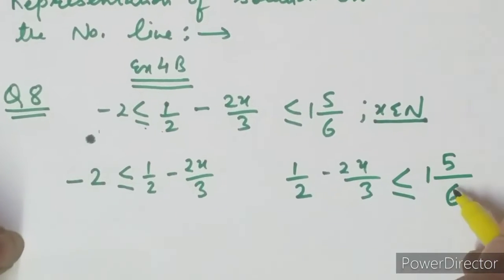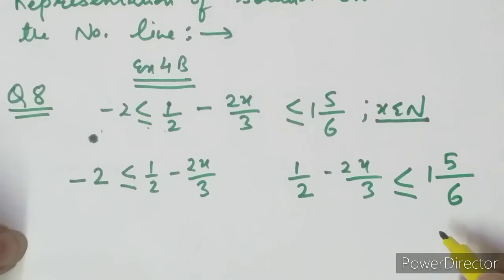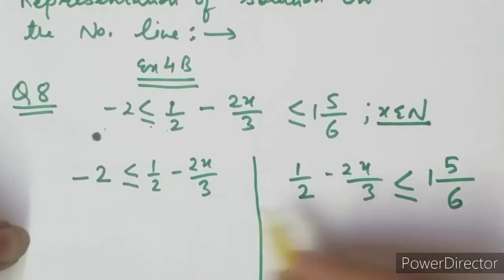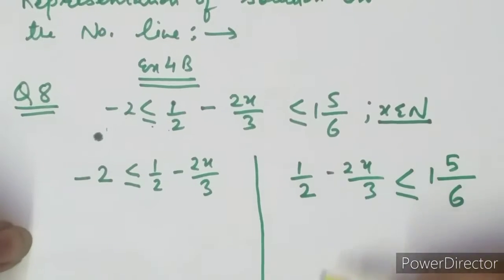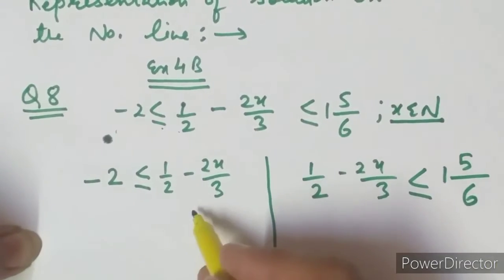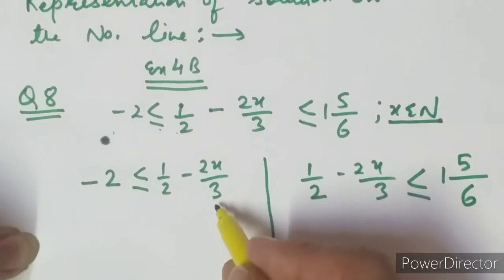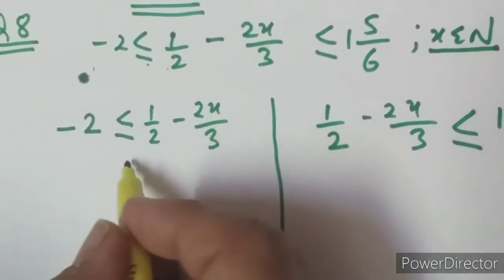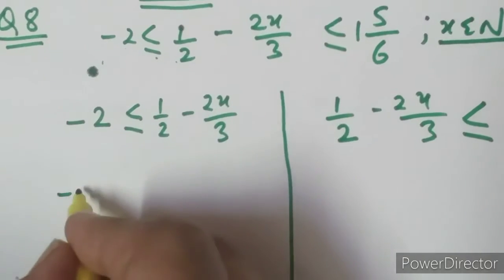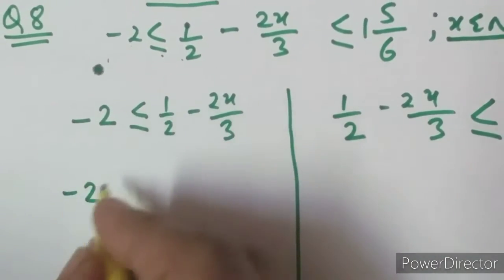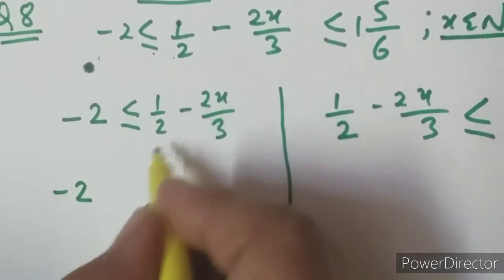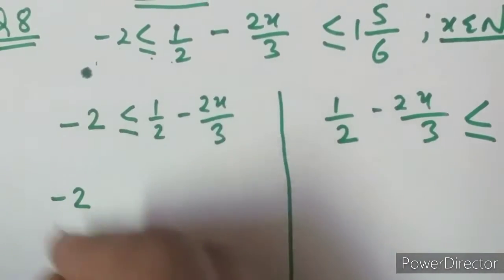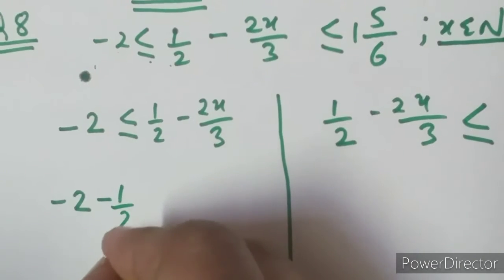Whenever it is in mixed number form, we are going to change it into fraction form. These are the two different inequalities, and we will be solving them separately as separate questions. And you very well know how to solve such inequalities. Now, in order to solve this part, we will take the constant terms to one side. Minus 2 is also constant, 1 by 2 is also constant. So, because it is a plus sign here, it will go to the other side as a minus 1 by 2 less